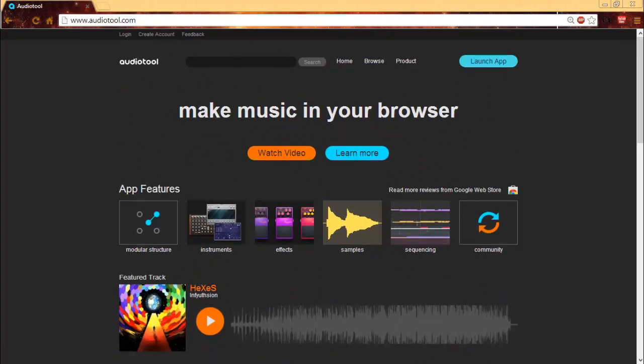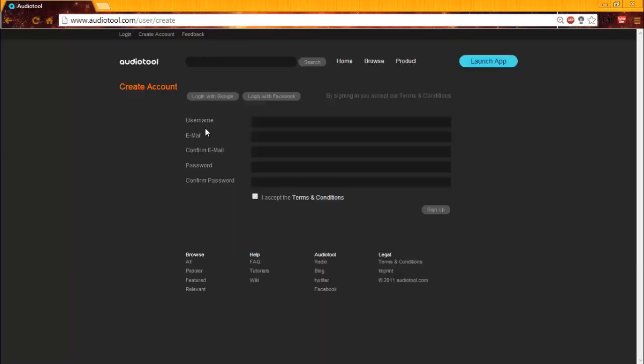Probably, I don't know what it takes you to. In order to be able to save drafts, assuming you're not going to try to make a song all in one sit down, then you're probably going to want to create an account. Just username, email, confirm email, password, confirm password, then accept it, sign up, cool.